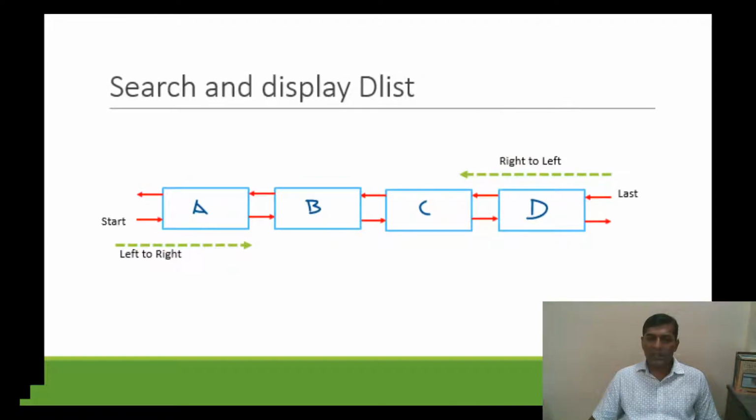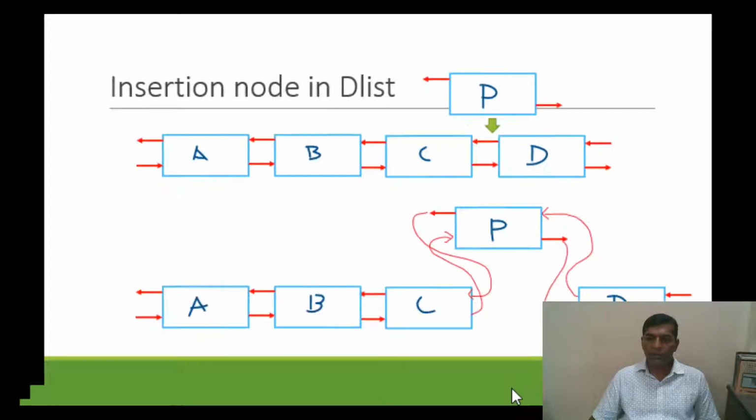If we want to insert a node somewhere in between in the list, then we will have to choose where we have to add this node and connect the previous pointer to the place where it wants to connect, and the next pointer has to be attached to the next node in the list. So this is how we can do it. It is shown in the diagram here.